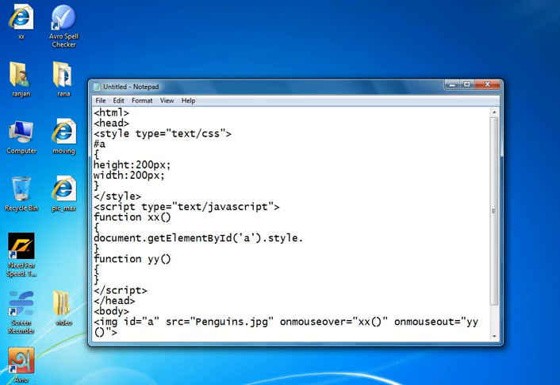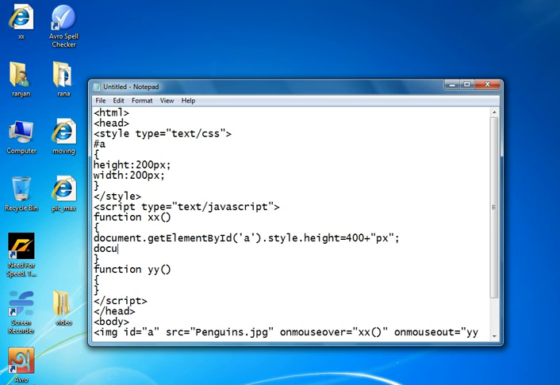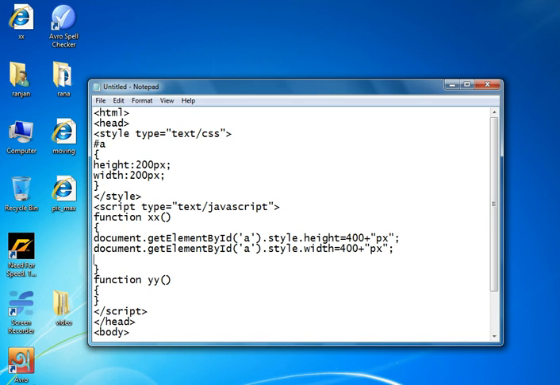That is the reason I am using dot style dot height equals 400 plus px.